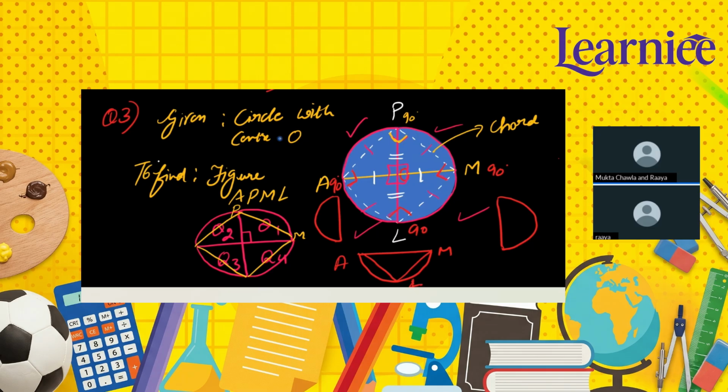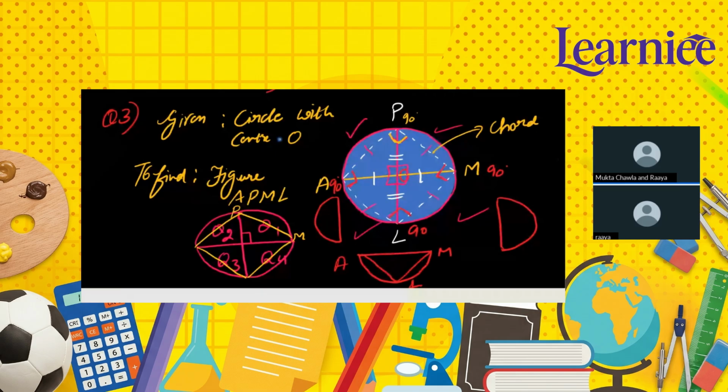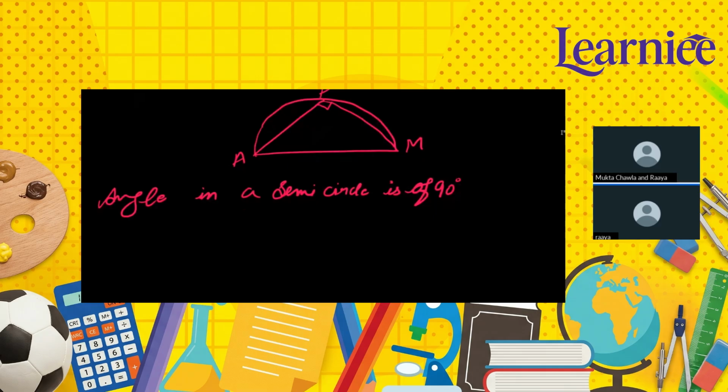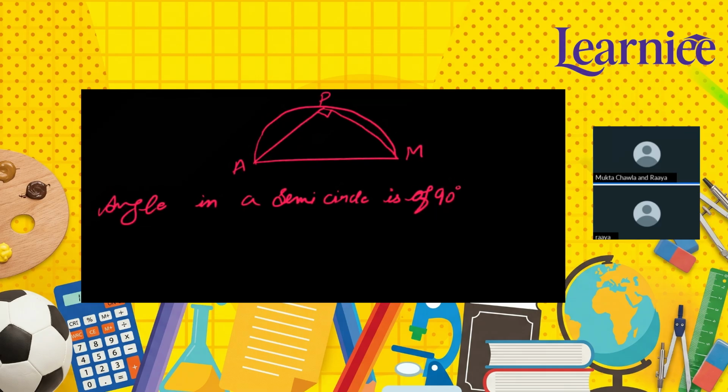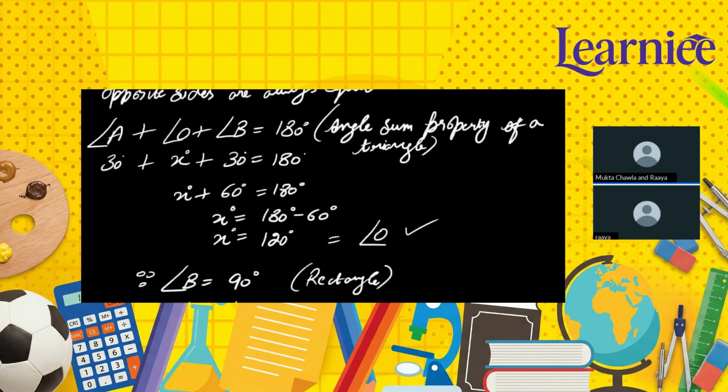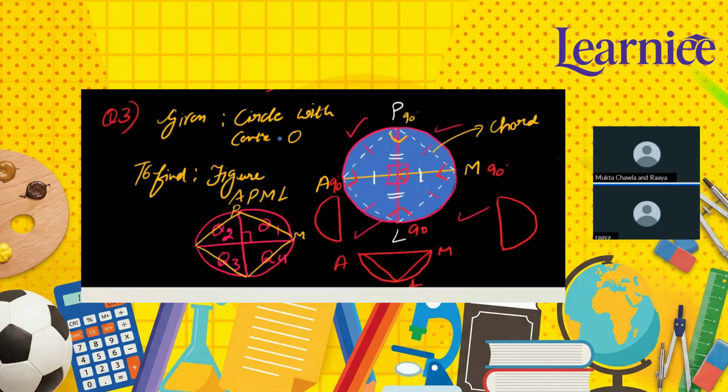Got it? Yes, ma'am. Okay, should I write the points or will you elaborate it further on your own? Ma'am, I can elaborate. Yes. Means you have to write the same thing for each angle, right? For one angle we have already written, and with the other semicircles you can carry on with the same property. Okay. Now we are done with this one. What is the next question? Now you can read question 4. Have you understood how to do this? Should I start with the fourth then? Yes, ma'am.